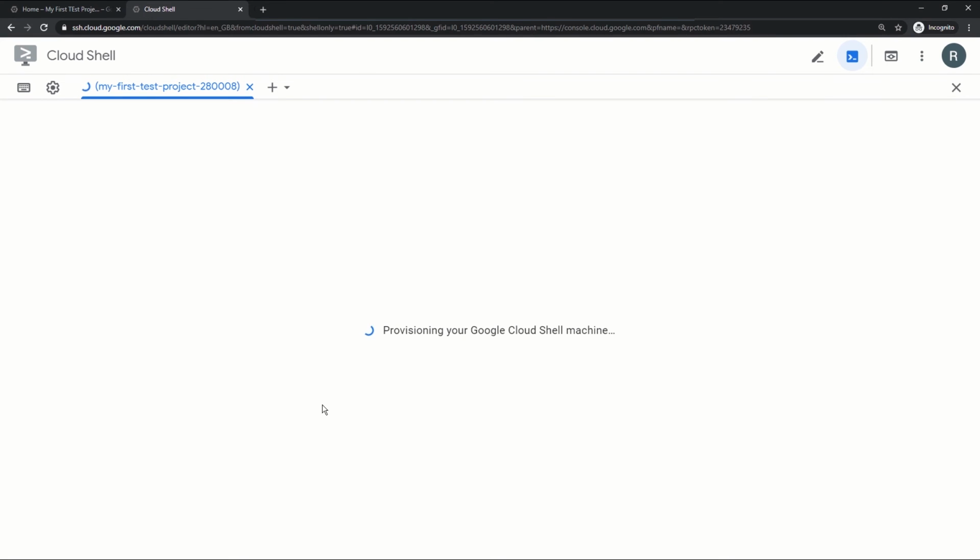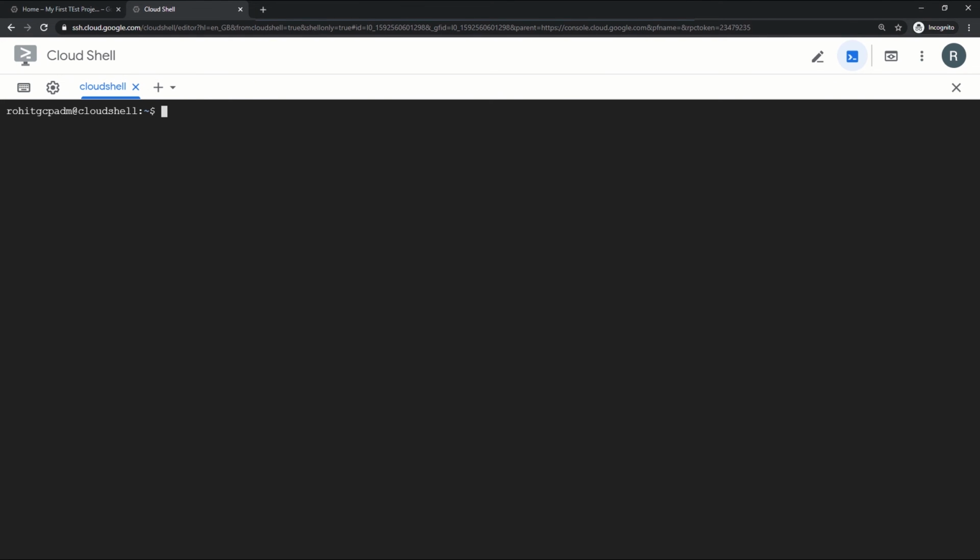So Google is provisioning the new machine. This is our boost mode Cloud Shell VM. The version, OS version and other things will be the same. The only difference is the hardware power, which is increased from E2 small to E2 medium.